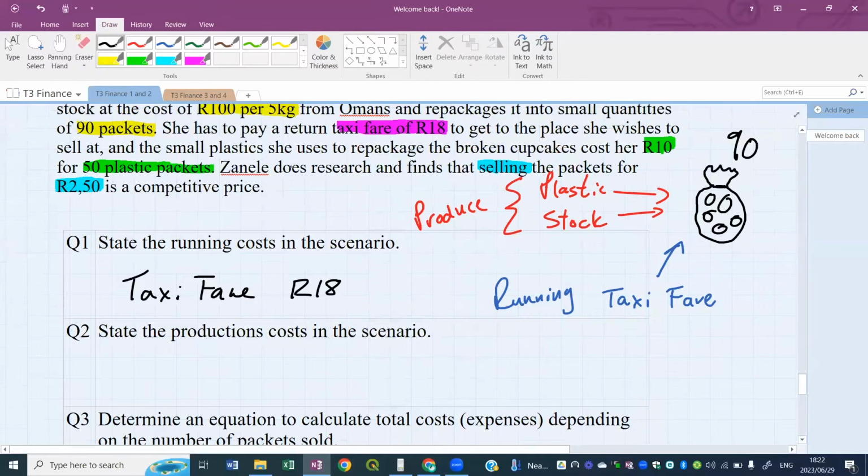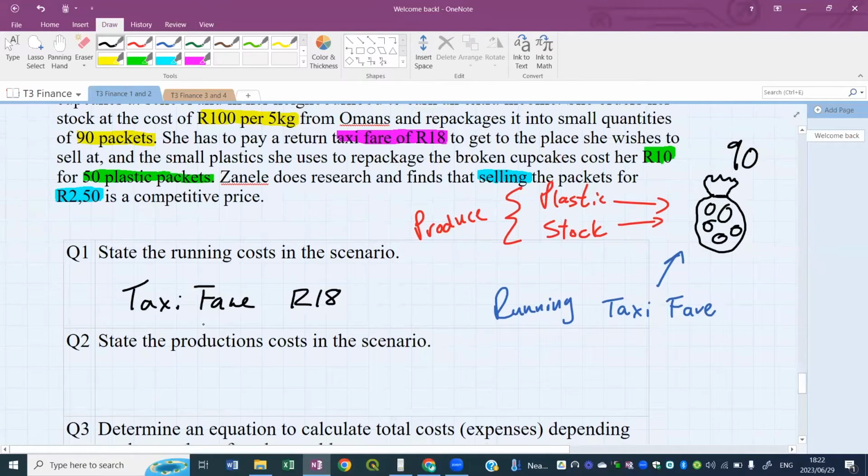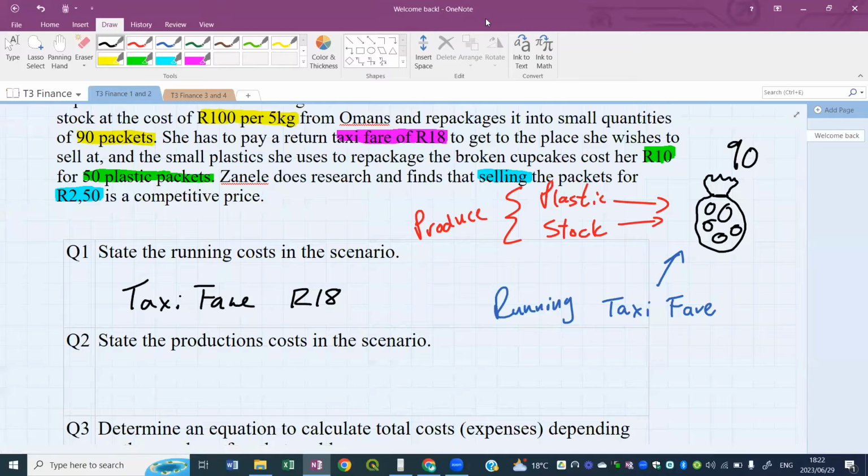What has gone into producing a packet of cupcakes? What did you have to spend to produce and make a packet of cupcakes? There were the cupcakes, and what else needed to be bought to make this product? Anybody? Somebody. Plastic and stock. Darren Links. Thank you very much. Darren Links is on the ball tonight. Thank you, Darren. Plastic and stock. So it's the stock, okay,